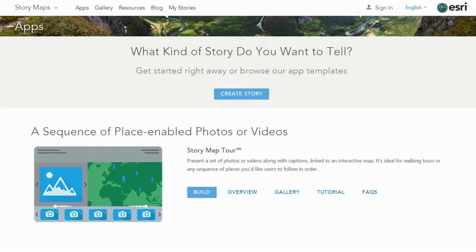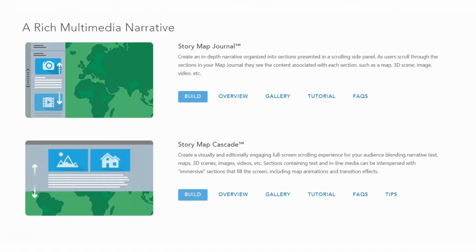pre-configured, and literally you just right-click, configure them. You point to some photos, you point to a story map, you enter some text, and you hit save and publish. And if you scroll down in the apps, there are also beautiful story maps that